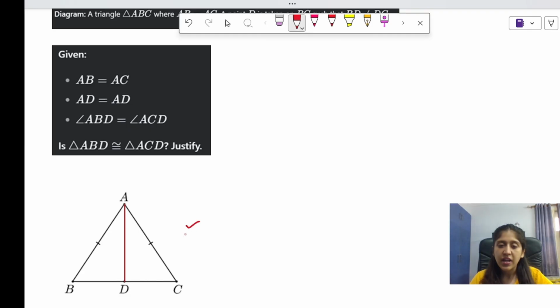Now we have another diagram, again there is a triangle. Okay, we have been given AB equal to AC, ये पहले से ही diagram में दिया हुआ था. Then we had AD equal to AD, मतलब this is a common line for both the triangles. And we have been given ABD and ACD are equal. ABD कौन सा angle है, let's just see, ABD is equal and ACD is equal, these two angles are equal. We have to prove ABD, यानी this small triangle, is congruent to ACD, यानी this one, हमें prove करना है।